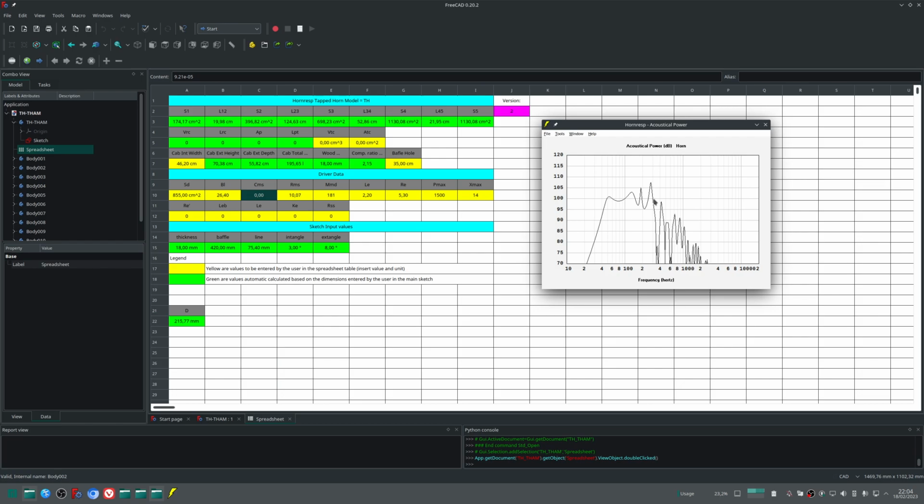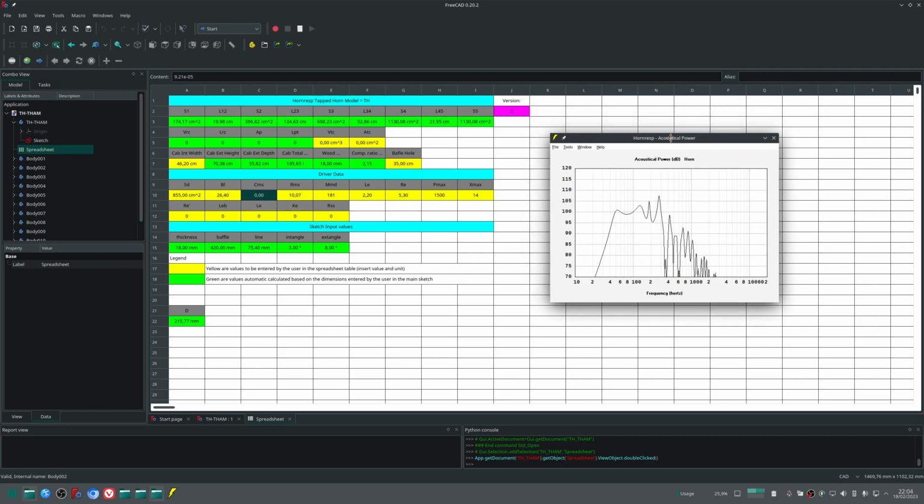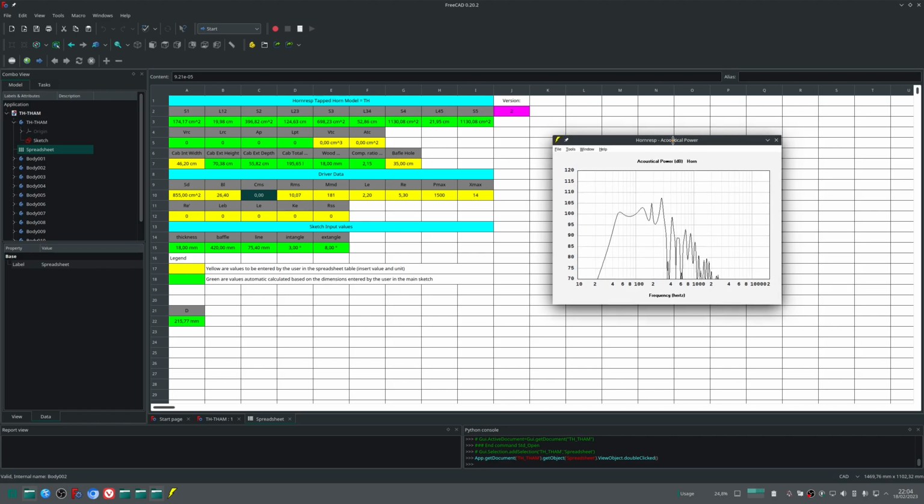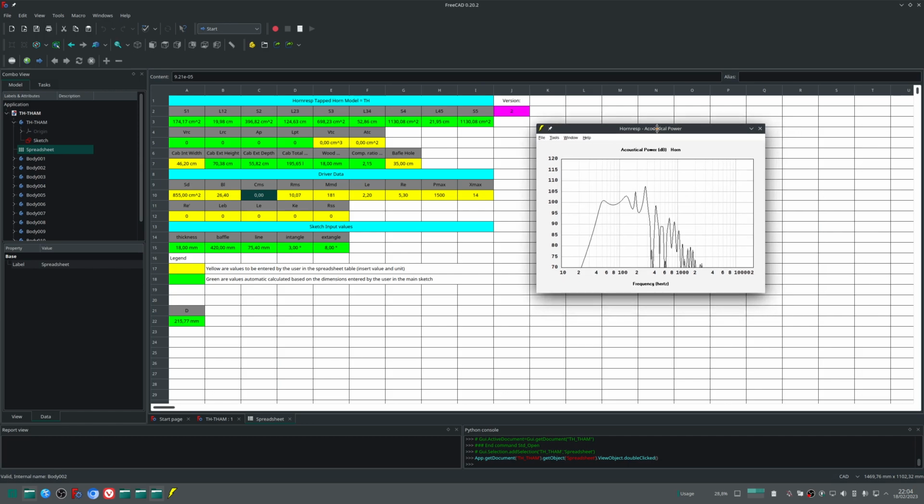You can optimize, changing any dimensions, and then copy and pasting the results here from the spreadsheet to the Hornresp, and you will keep updating the simulation until you find the best dimension for your loudspeaker that offers the best